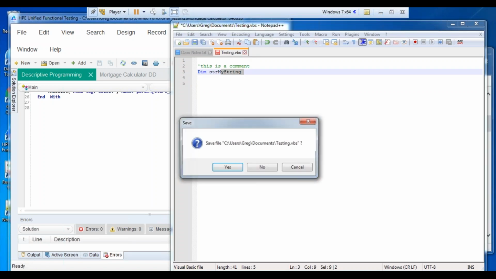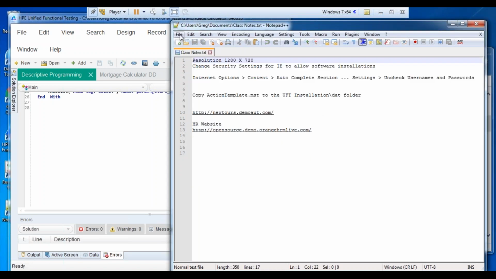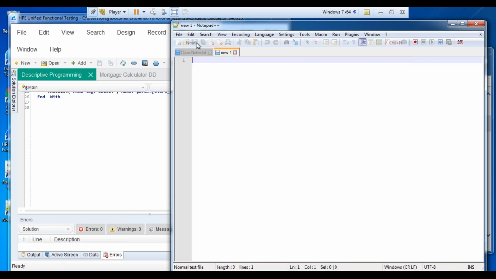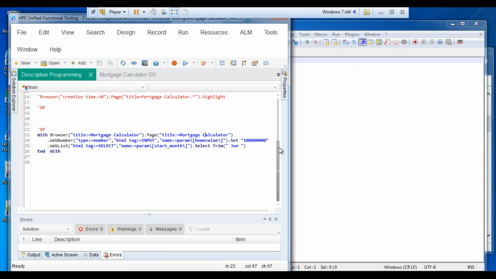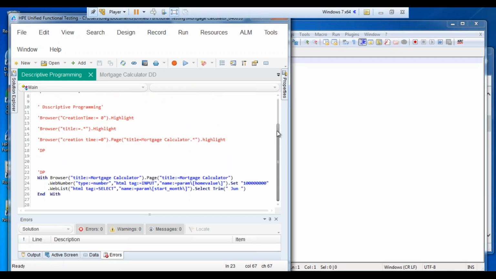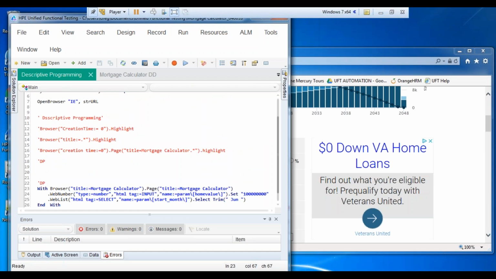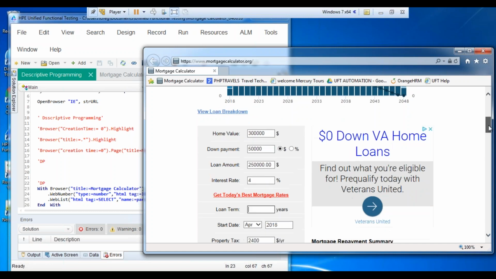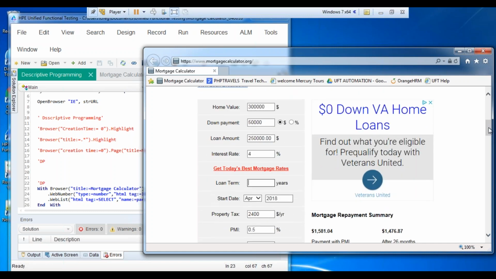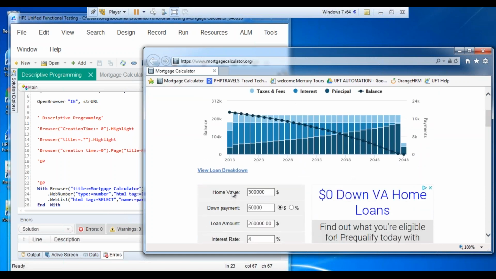Let me close this. All right, so we have Notepad++ open. Like I mentioned before, there are two different ways to use descriptive programming. Let's say we want to grab all of these edit boxes on the screen and get a count of them. We'll use our array and for loops to grab all the information on the page,